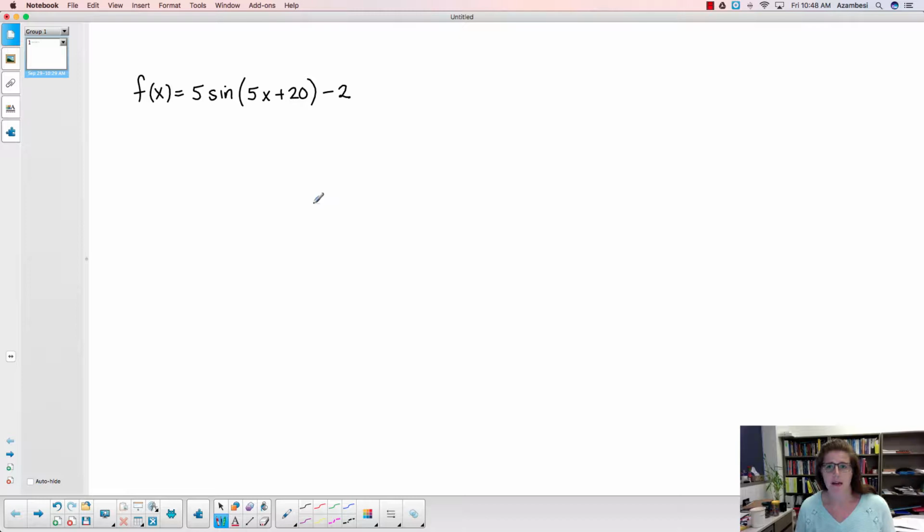So I want to go through and analyze this function, partly because the phase shift is funny and it makes it difficult to graph, and maybe this will help you out a little this weekend as well. So the first thing I do, remember, is factor out the b term. So I have f of x equal to 5 sine, and I have 5 times x plus 4,